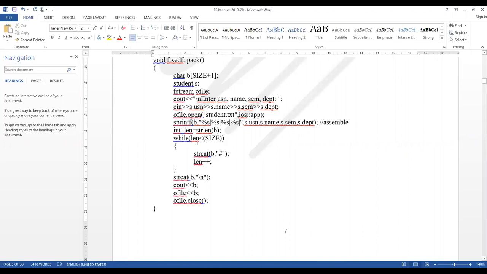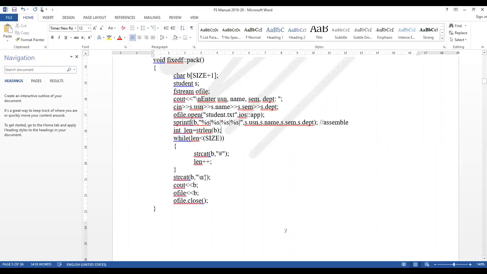Till it is 50 characters, the hash symbol gets appended and length is incremented here. Again, check whether length is less than size, concatenate if it is less than size, and if it is equal to size, come out of the while loop, and append, using the string concatenate function, the